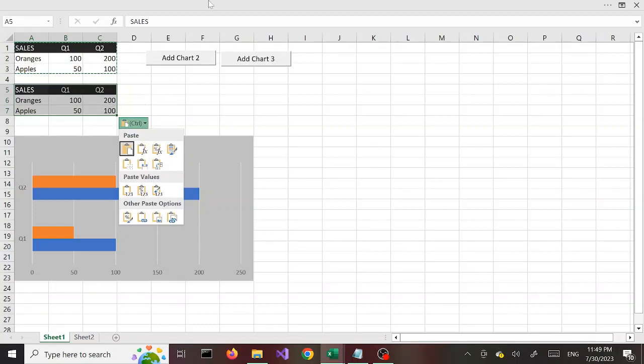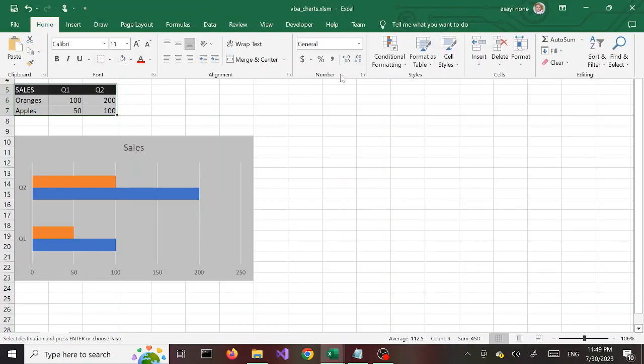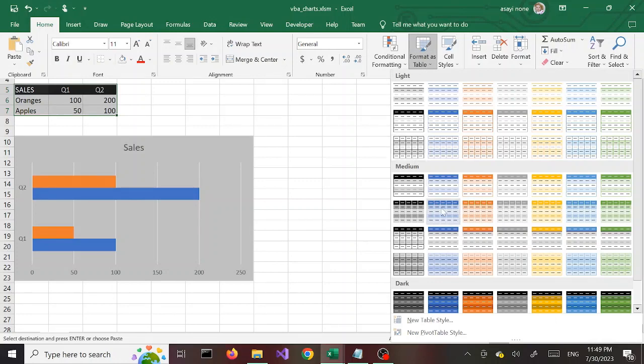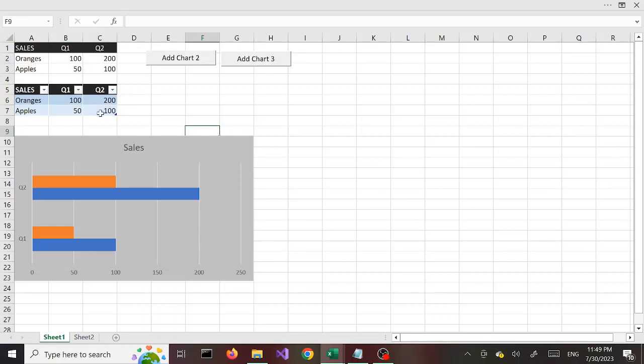So what I'm going to do, I'm going to bring up the ribbon, go to Home, and select Format as Table. Here we're going to pick a color that we want. Let's go with blue. Okay. Next,